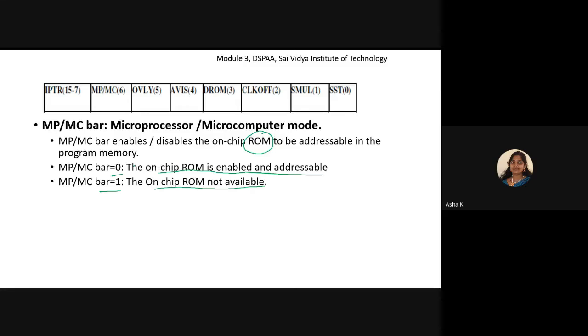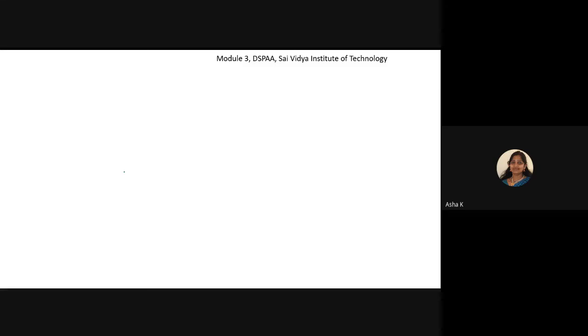Might be in your 8086 laboratory classes, you might know that while interfacing, you have to decide what that particular timer bit is, how you have to set it, which bit has to be 1, and all those things. Based upon that, we give a hexadecimal code for it. So we give that particular code in the program, and based upon that, it will be executed. And especially this particular bit will be set or reset by the software.